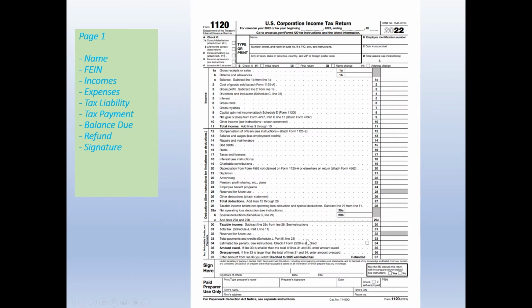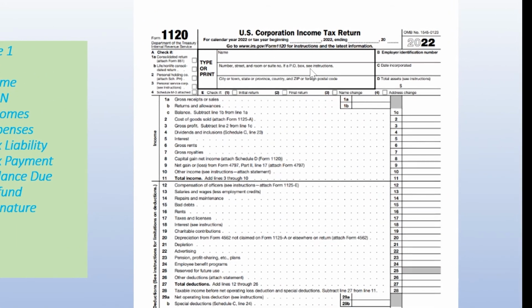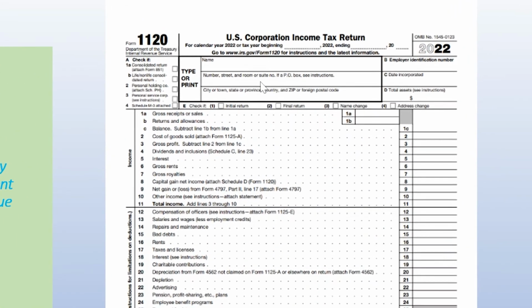So on page 1, basically, you put down the name, federal ID number, and tell the government how much income you have, how much expenses you have, and what is the tax liability, what is the tax payment. It's a summary of your income and expenses and taxable income, and eventually come up with how much refund or balance due you have. So in this section right here, you put in the name, mailing address,